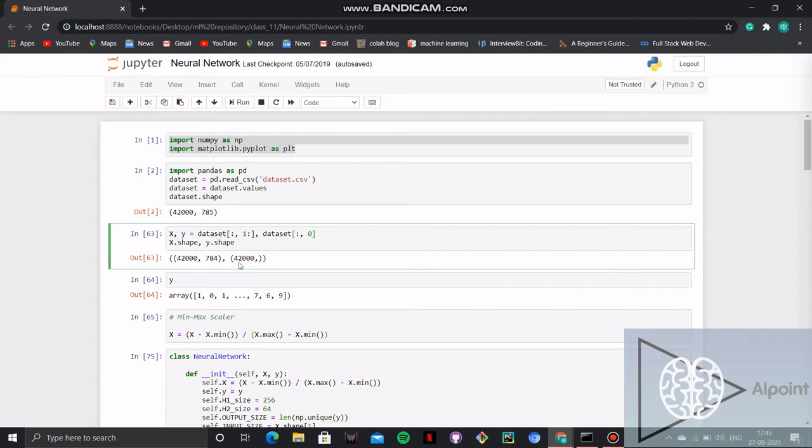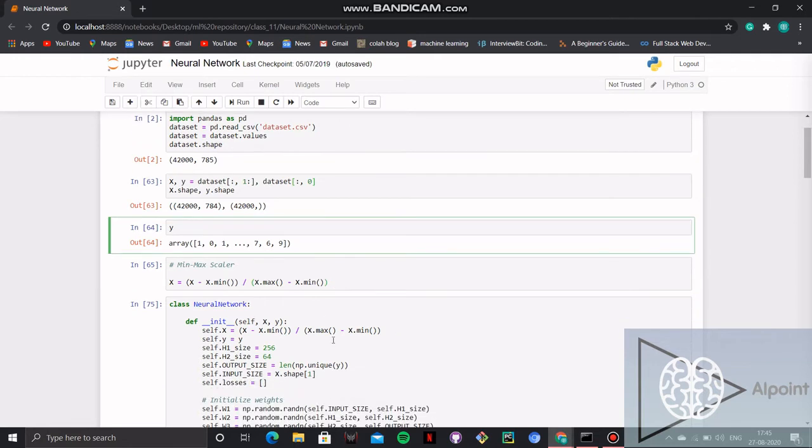So we can see our labels, 1, 0, 1, 7, 6, 6, 9. This is the MNIST data set, so these are representing numerical values. Our y is nothing but our actual output, and we are going to predict the output in our feed forward network.